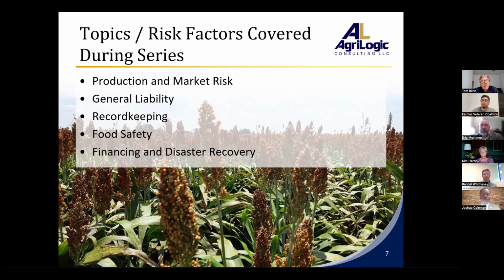Record keeping is something to be aware of, for insurance purposes and participation in some of the FSA programs. It's important that you maintain certain records to be able to participate in those programs. Then there are food safety practices, procedures for dealing safely with food, particularly if you're doing some sort of processing of your food.